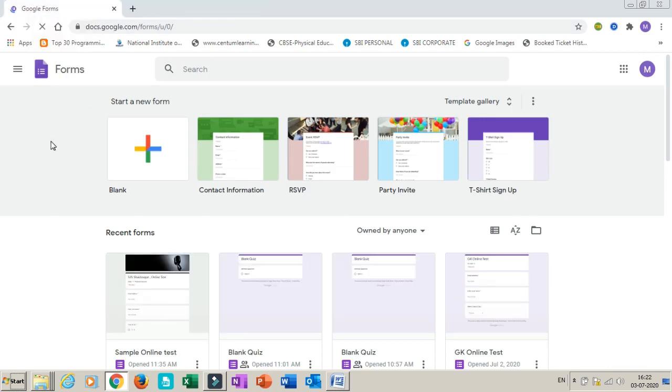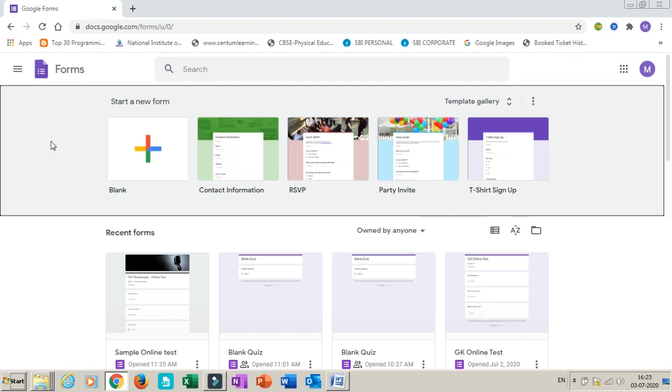But one thing should be remembered: when you open it on a mobile phone, use the Chrome browser. In the Chrome browser, at the top right, there are three dots, the more option. Go to the more option and you will get desktop site. Select desktop site. When you do, the browser on the mobile phone will open the web page as it opens on a laptop or desktop, and then you open forms.google.com. You will get the same view.